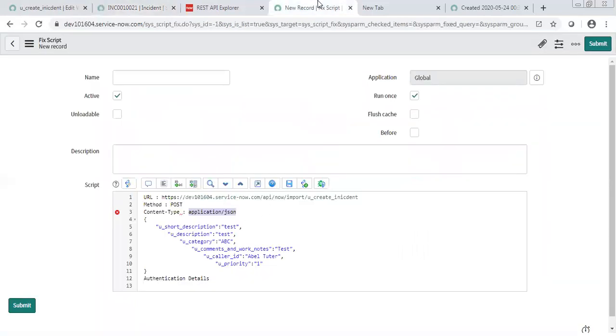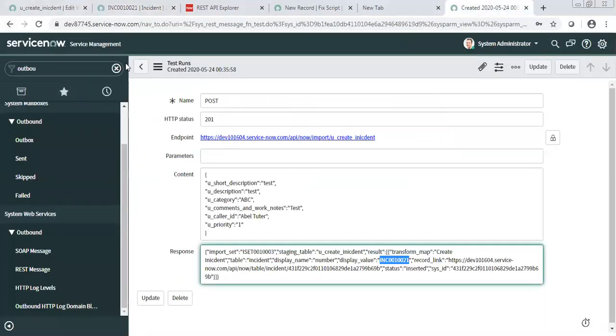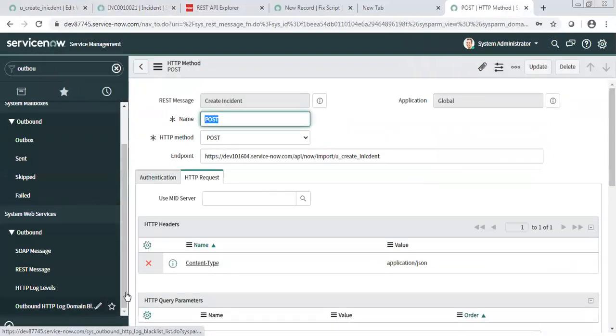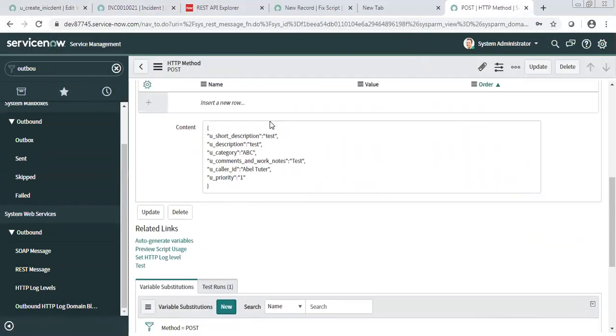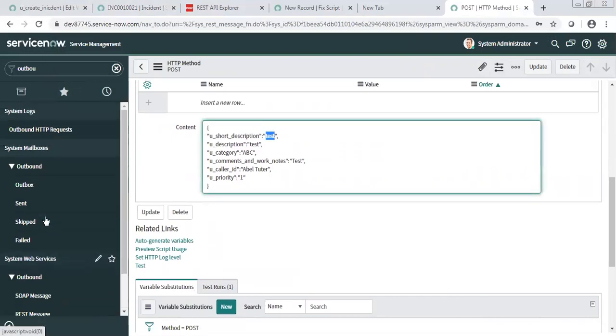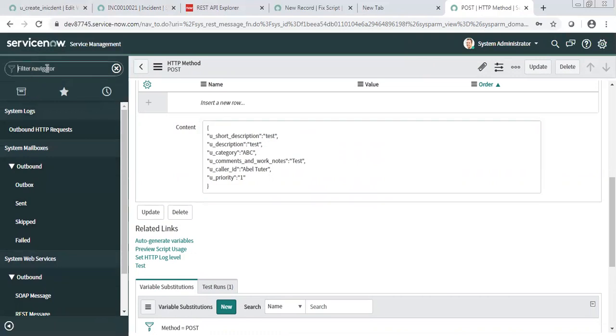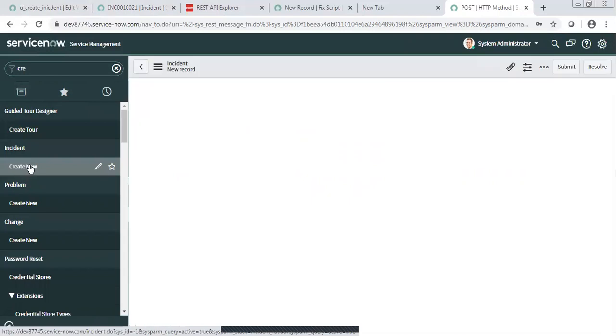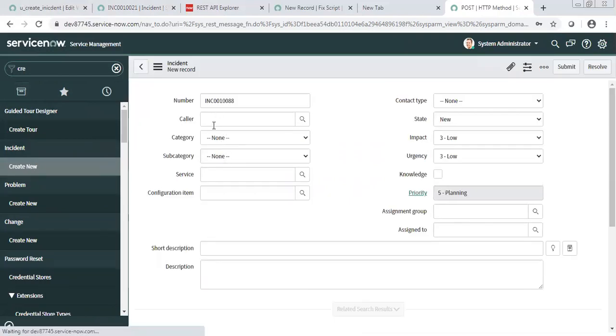Okay. Now, coming to making it dynamic. It's working, it's connecting, it's creating the incident, but this should not be like this. This should not be a test loop. So what I will do, I will create one incident in your instance. Ideally it should create in my instance, right? But there should be some condition, not every time.